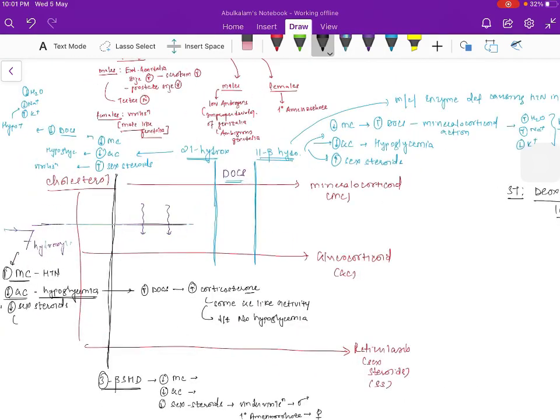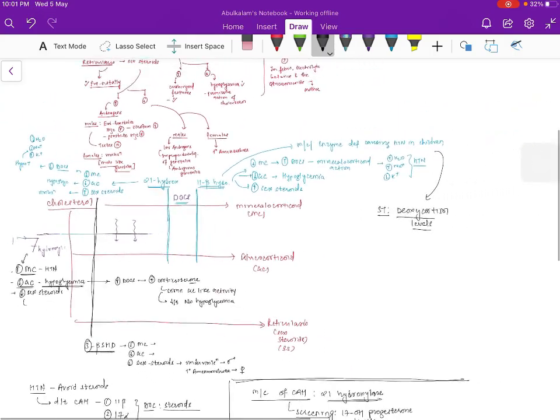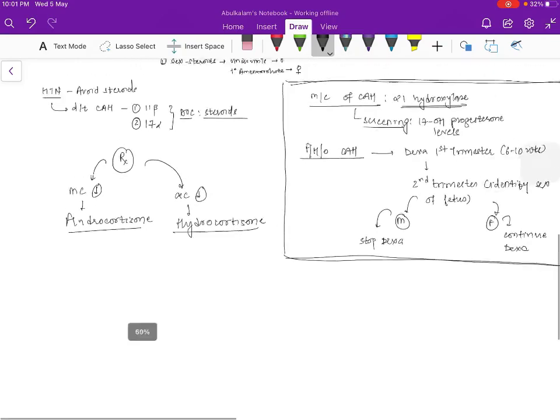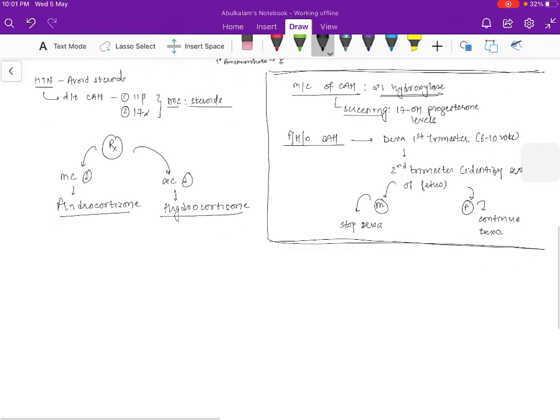Now, we have studied the 4 enzyme deficiencies here. So now let's recap in a fast way all the 4 enzyme deficiencies, right? So what to do is, you visualize the diagram, you visualize the flow chart with your eyes closed and try to remember. First is 21 hydroxylase. I say this DOCS is one special intermediate, one before, one after. One before is 21-alpha hydroxylase.